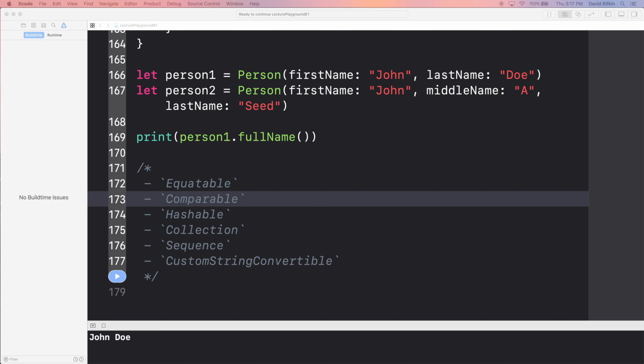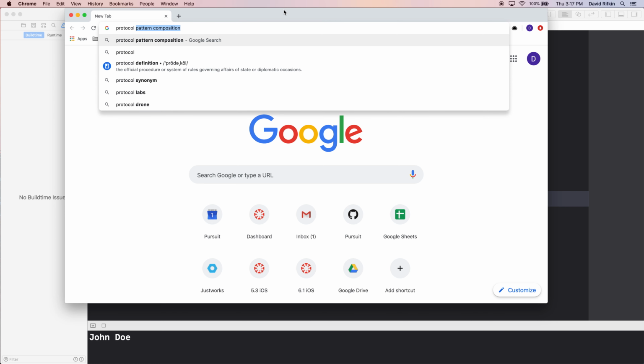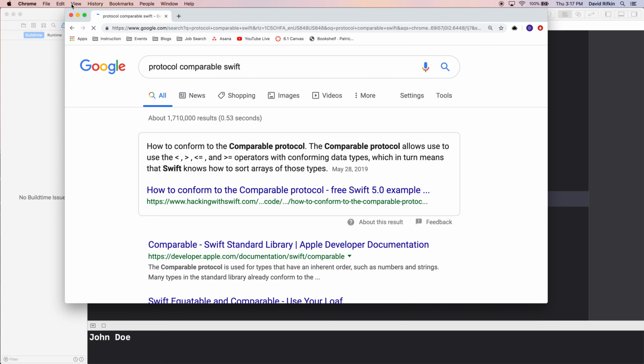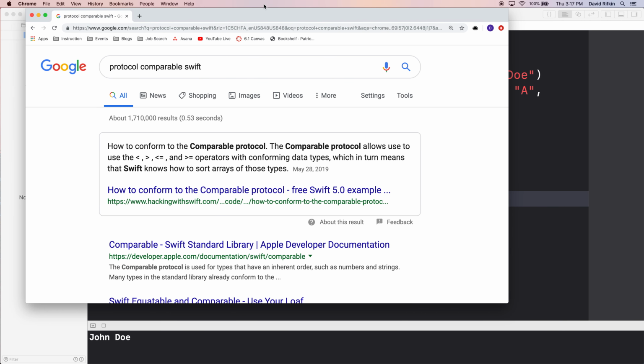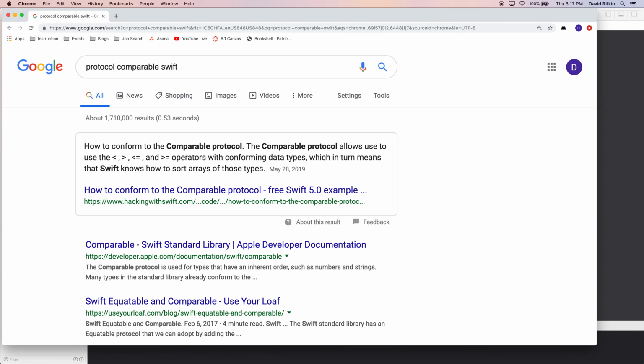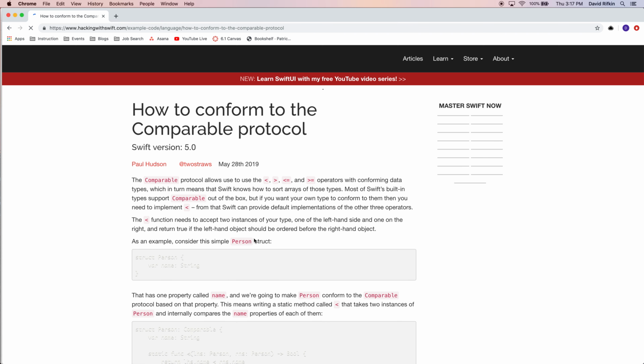I'm going to look up the protocol for comparable in Swift. It says how to conform. It allows you to use less than, greater than, less than or equal to, or greater than or equal to with conforming data, which in turn means that Swift knows how to